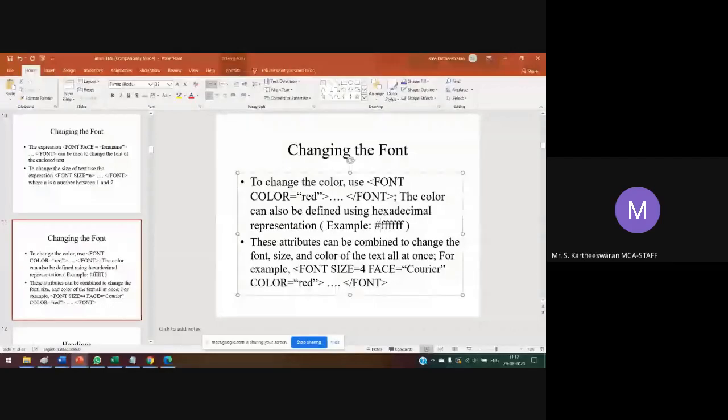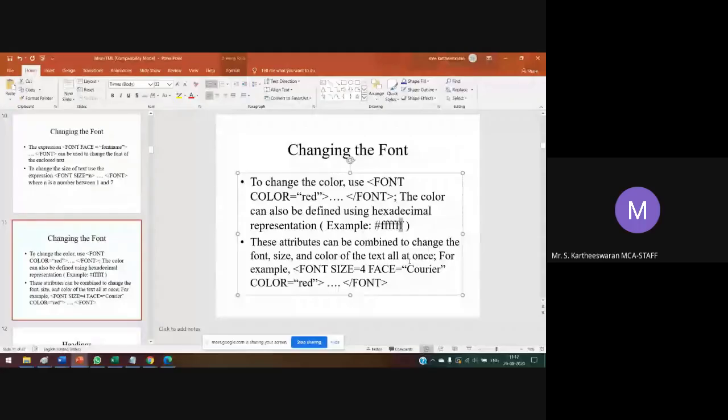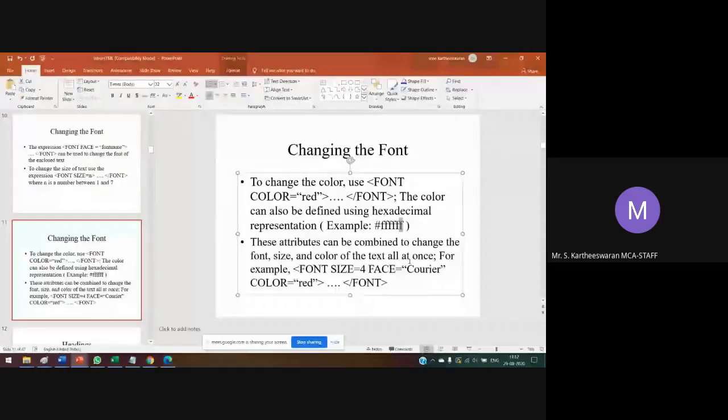The first 2 digits denote the red color of the font. The second 2 digits denote the green, and the last 2 represent the blue. Red, green, blue. If you fix it as FFFFFF, the font color will be white.